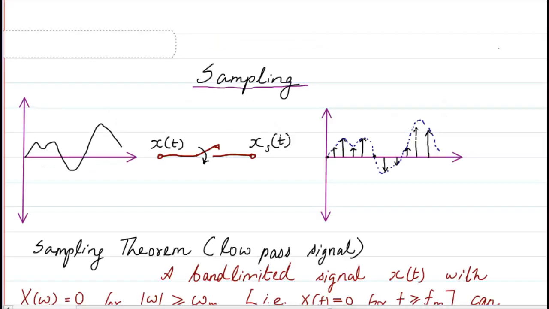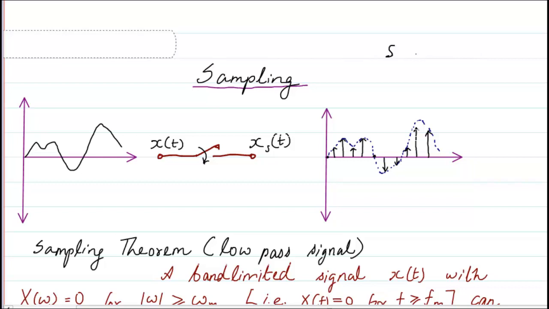Hello students, next we look into the topic of sampling. Sampling is a very important topic because it helps an analog signal to be converted into a digital signal. So all the digital gadgets that you see, all the digital information that you see, its original source must have been an analog signal. And converting from analog to digital, there is a three-step process where the first step is